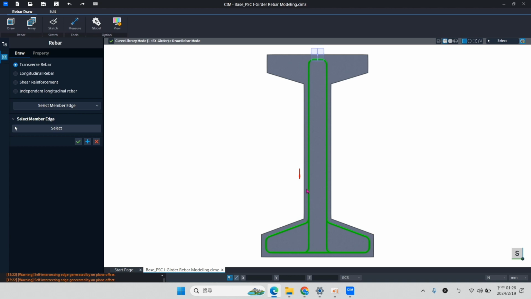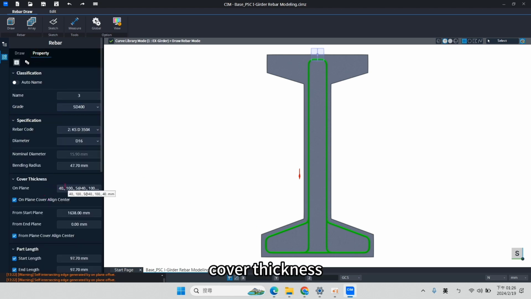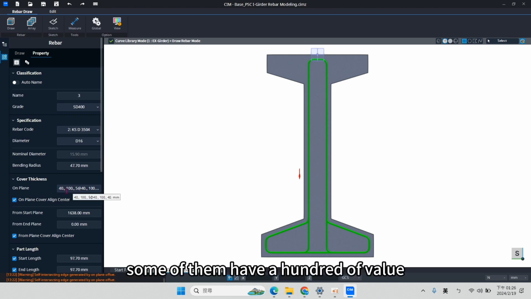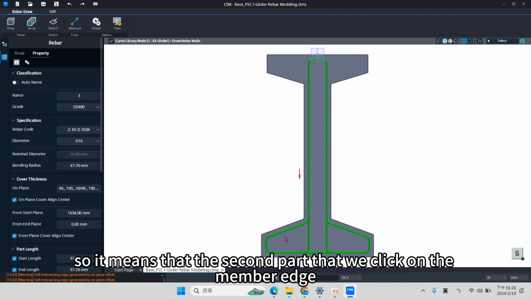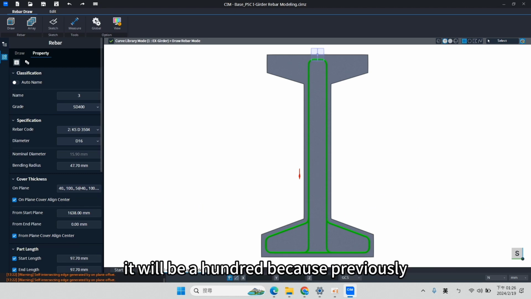Because the abdominal rebar will be in this part, because as you can see the cover thickness, some of them have 100 this, right? So it means that the second part that we click on the member edge, it will be 100.